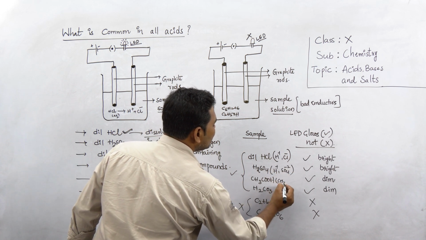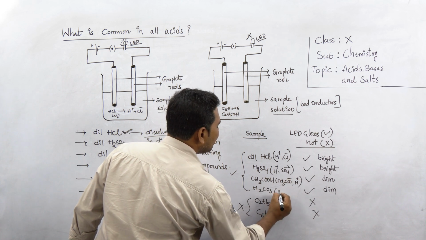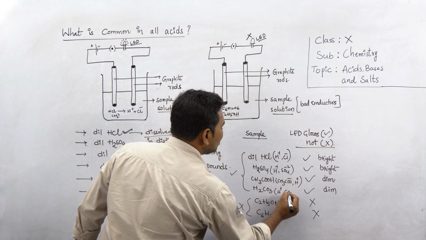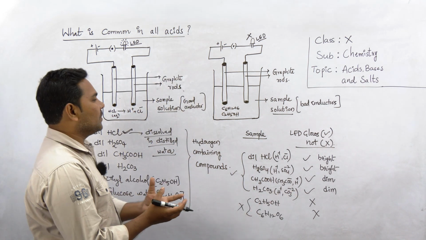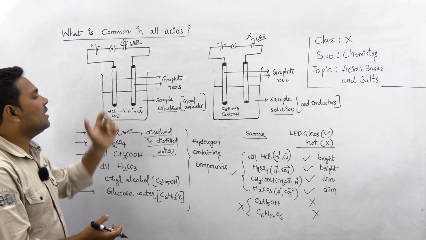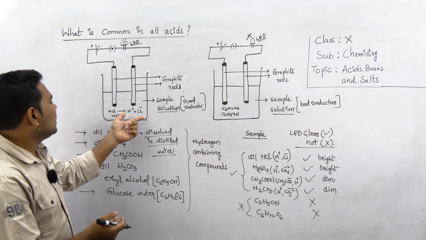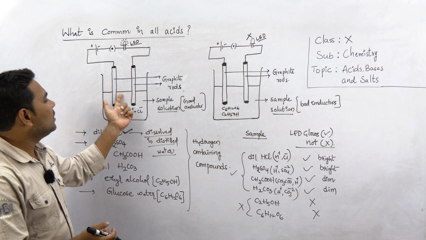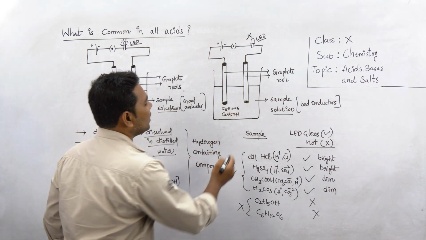Acetic acid splits into CH3COO minus and H plus, right? Carbonic acid splits into H plus and CO3 minus 2 ions. So they are ionizing and producing ions in their aqueous solutions, right? These charges make the solution a good conductor of electricity, whereas in the case of glucose and ethyl alcohol,